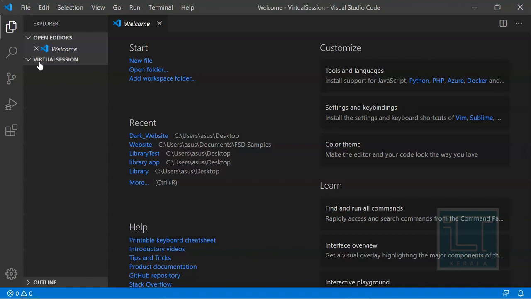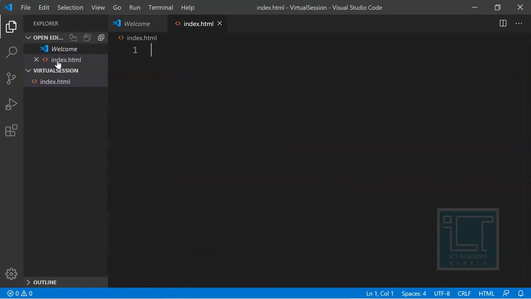Now, in order to create a file, you can directly click on this particular folder. There is an option called new file, or you can go directly for the new file creation. I'll take this one because this is what we usually follow. So when I click on that button, I can give the name index.html. Some of you can use .htm if .html is not supported. So this is a simple HTML file that I've created. Since this is going to be my root file, I'm naming it index.html. I hope that's clear.